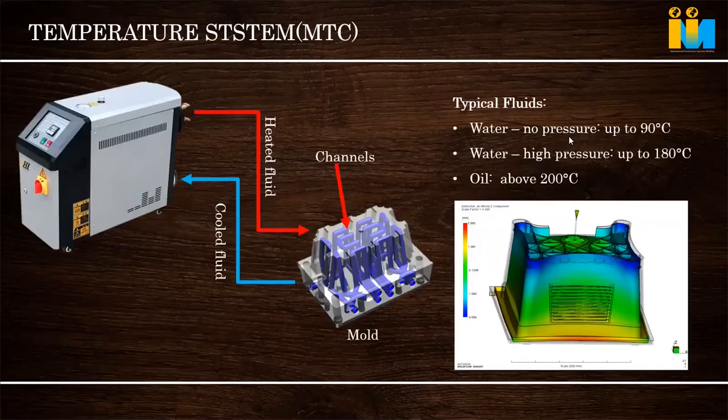This is the temperature system, known as the mold temperature controller. Normally we feel that, why MTC? For higher grades, every material has a required mold surface temperature, as I told you, like PC 100, 120. Whatever raw material has a mold temperature above 80 or 90 degrees, we cannot use water, because water will start boiling at 100 degrees. It will become steam, so there is no meaning in using water.